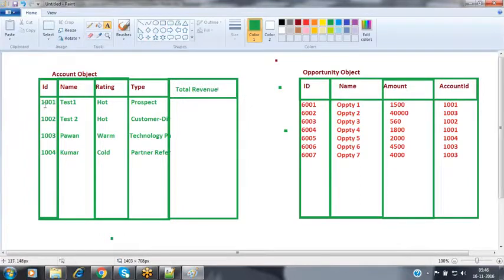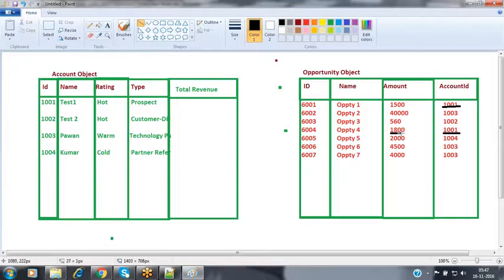Now coming to the customer 1001, the test one. How many times has he visited our company? We have multiple times here. This is 1001, and the second one is also 1001. Nothing but 2 times he has visited our company.